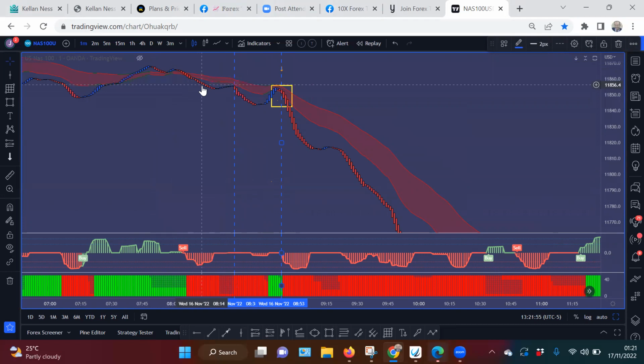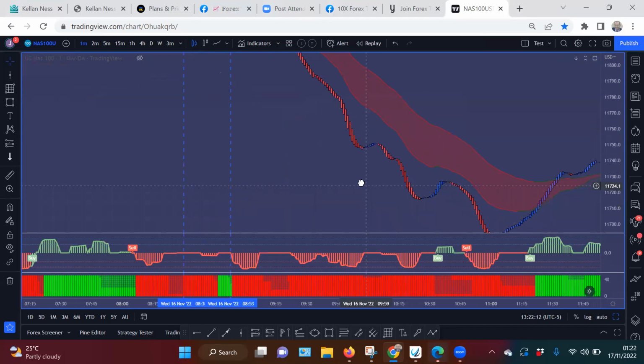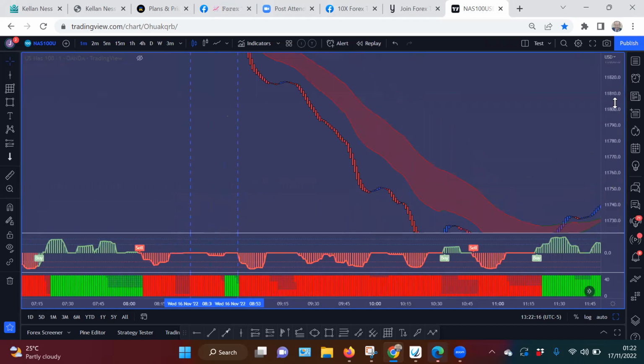We do absolutely nothing. Wait for a pullback. It goes down, comes back in. Those people who know about the fair value gaps, it comes back and where it goes, boom. And we take advantage of this incredible market, ladies and gentlemen. You can exit at any point you wish, taking advantage